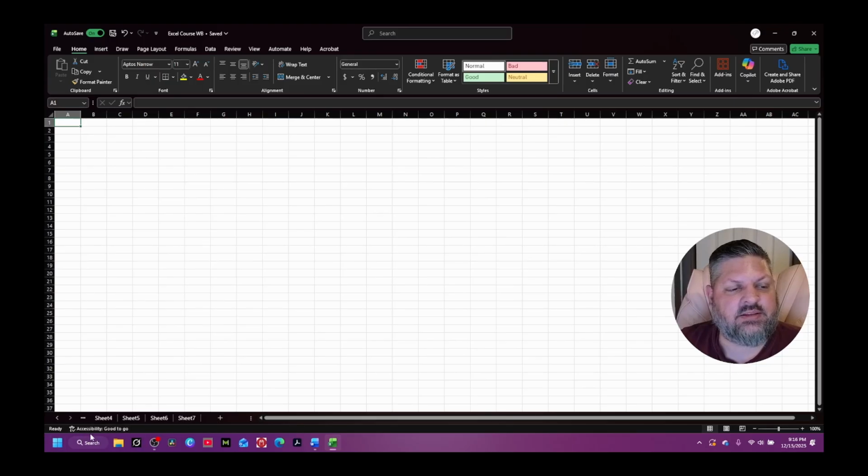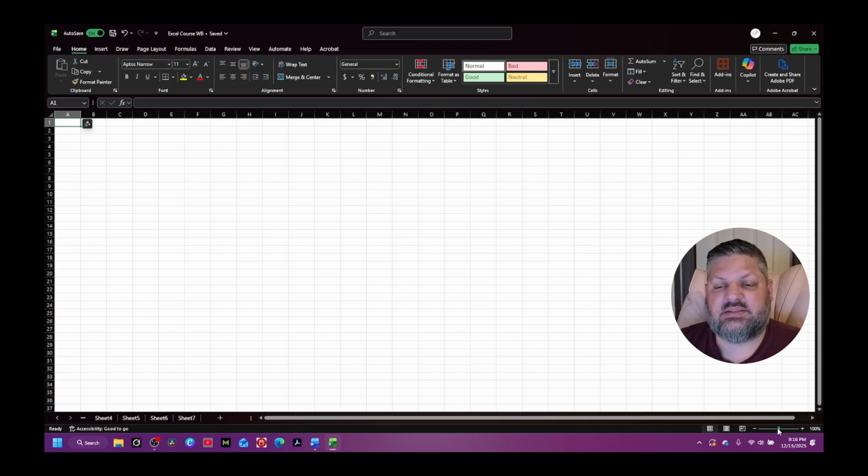Down below that is our status row, and off to the left here, just simply has items like if you were recording a macro or something of that nature, it would indicate that here in the very bottom left. More importantly, though, I think is on the bottom right, you have where you can quickly change from view to view, be it normal or page layout or page break view. And you can also zoom in and out on a window